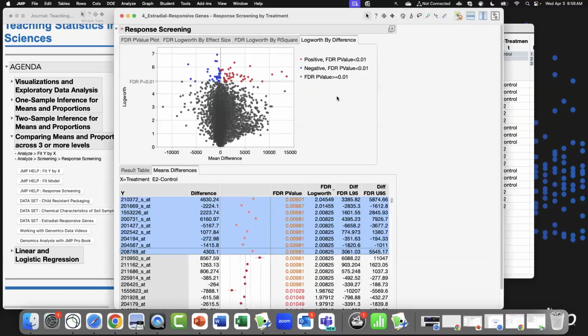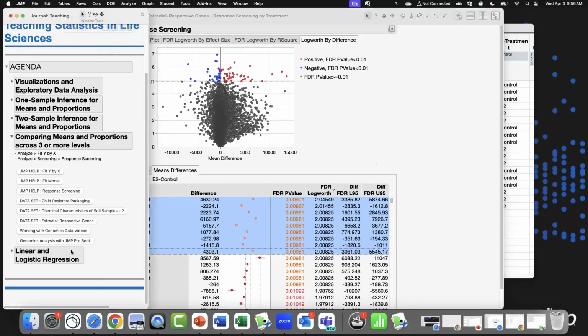I just showed you one example where I can ask JMP to do tens of thousands of, in this case, 2-sample t-tests, but it could be ANOVA, it even could be a simple regression, do the thousands of them, and then summarize all the results for me